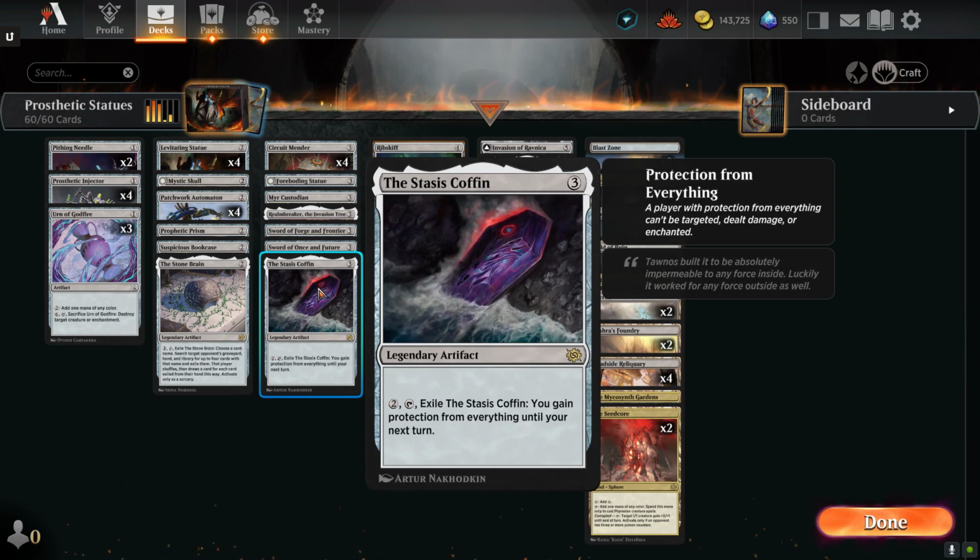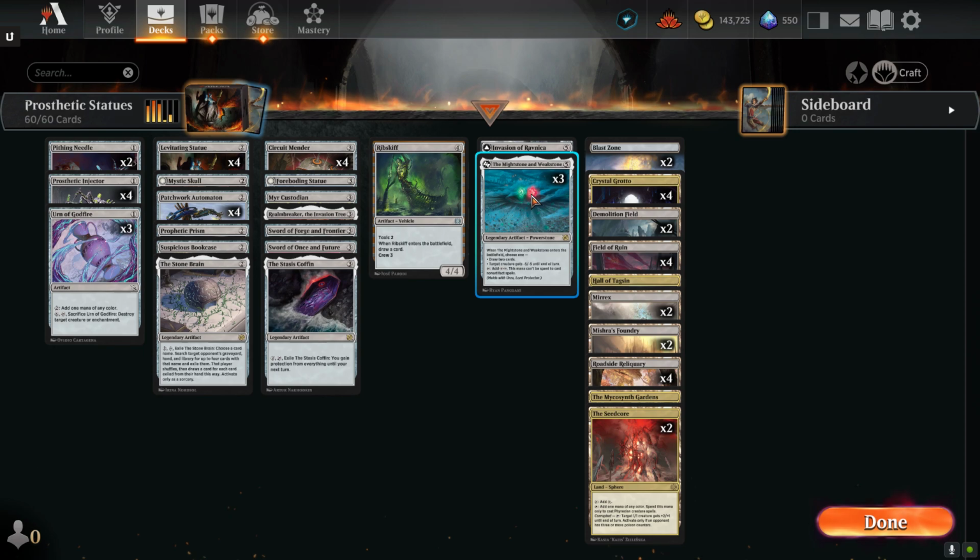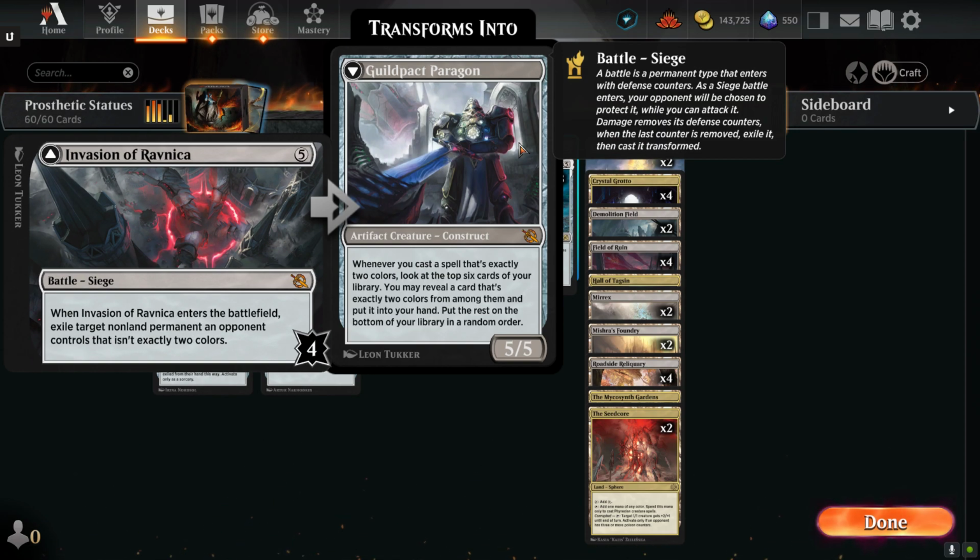One Stasis Coffin, you can exile it, gain protection from everything until your next turn. And one Rib Skiff. It's an artifact vehicle. You have to crew it for 3. It also has Toxic, so when it enters the battlefield, you draw a card. And rounding it off, we have 3 Mightstone and Weakstone, and we have 1 Invasion of Ravnica to